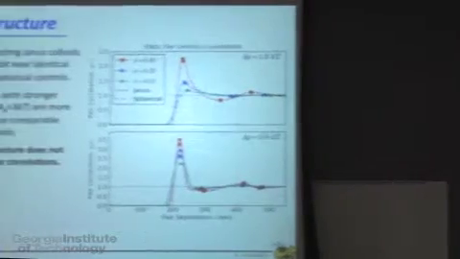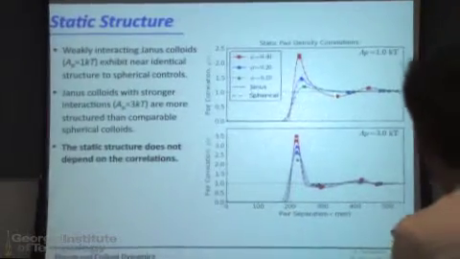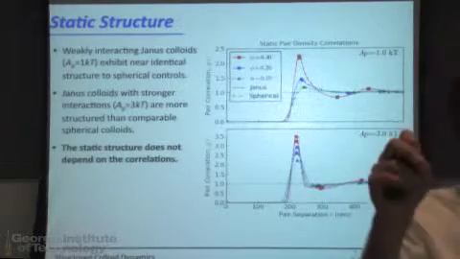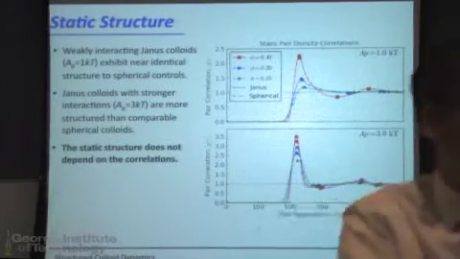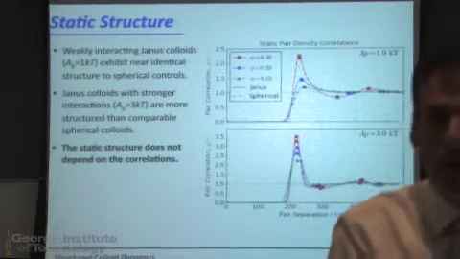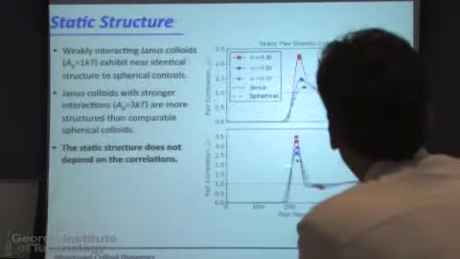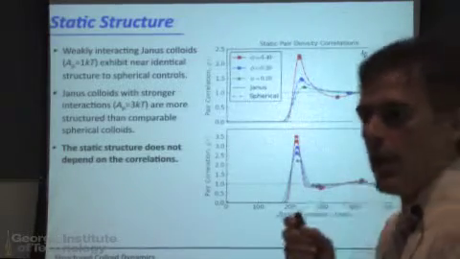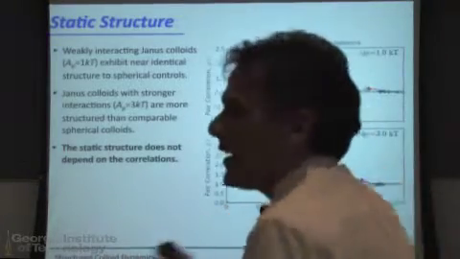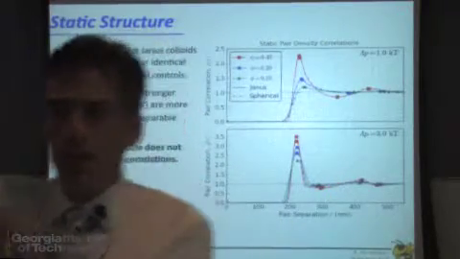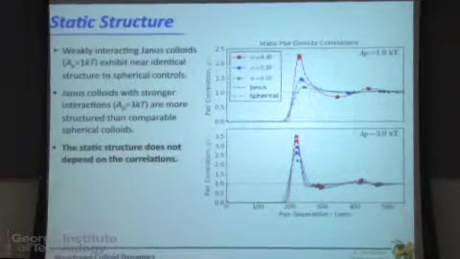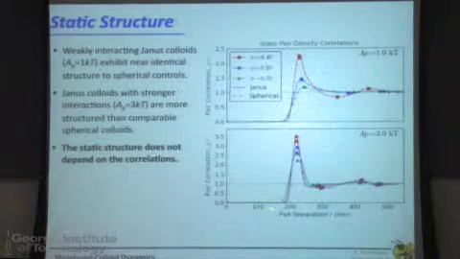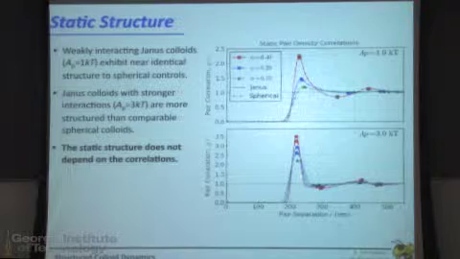That opening around them gives me this little dip. And then the next rise comes from the next solvent shell. But after a while, each of them is sitting down, moving around a little bit, you lose structure, and it just goes to the average probability of finding a particle some distance away. So the pair correlation function tells you the probability of finding a particle some distance away from a chosen particle, chosen position. Okay, and the answer is there's a hole, that first peak is a solvent shell, and